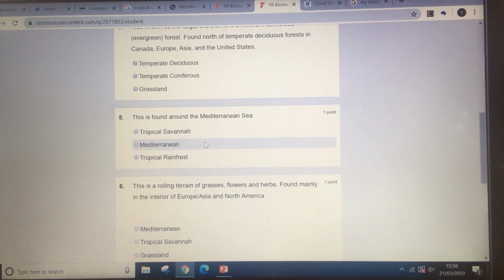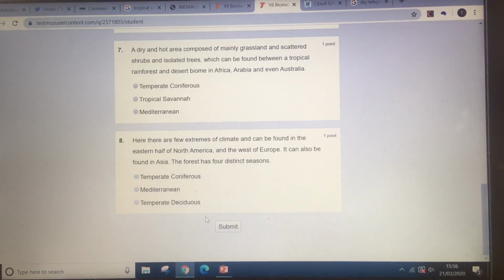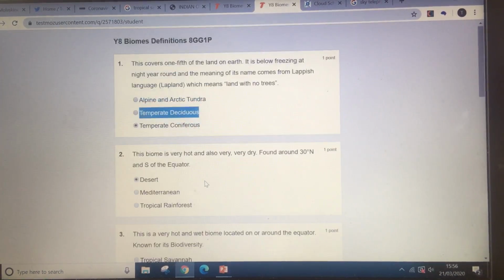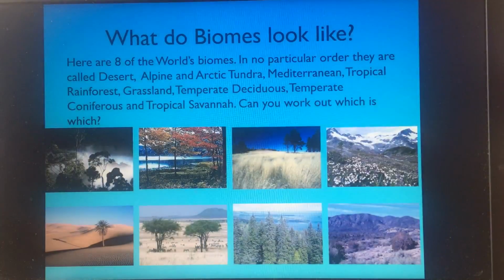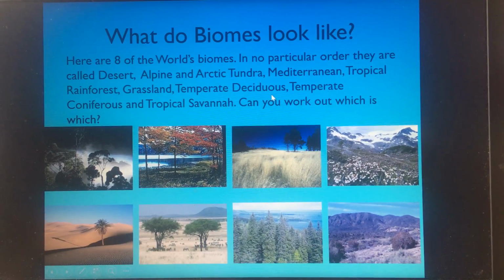Again, you've got unlimited goes, but this time when you do score 100%, instead of clicking log out and going on to the next thing, what you then need to do is write out the correct biome name and then copy out the correct definition. Then back to here,